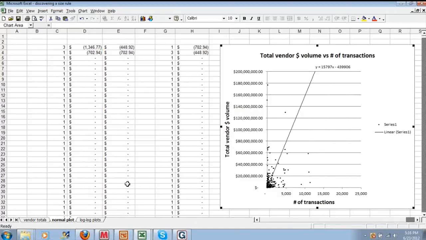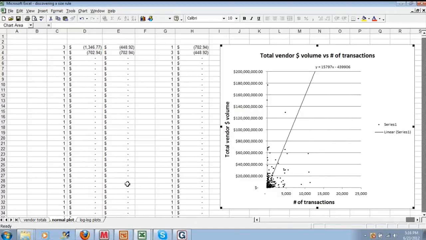If you look closely, if the top of the scale was $200 million, and we know that there was at least one vendor that was above that. So I've cut off the top scale to try and make this a little more readable. But I haven't succeeded. If you look at the plot of points, it's really not very informative. It really doesn't tell you a whole lot.